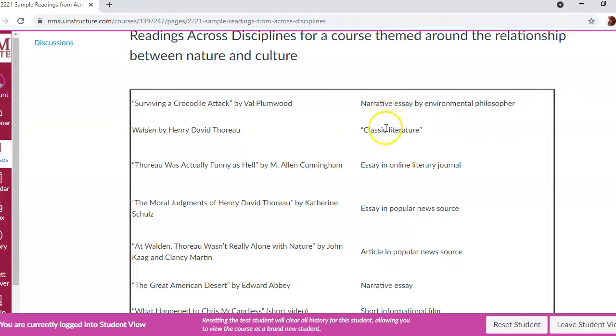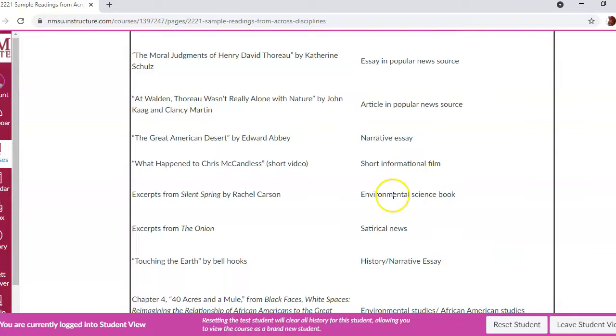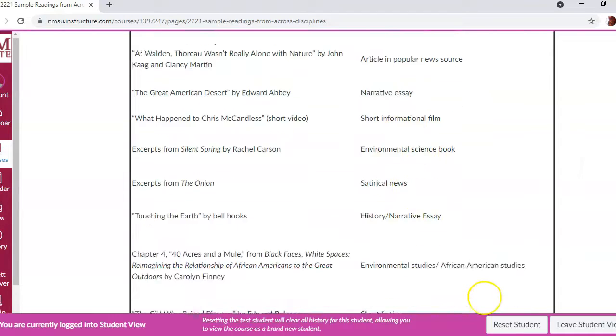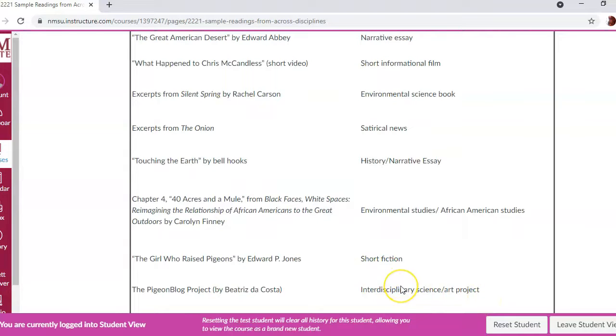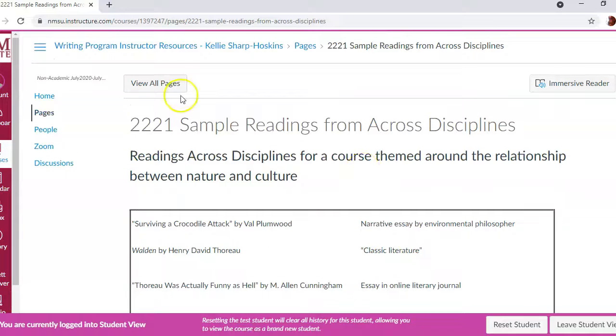So narrative essay, classic or conventional literature, essay from a popular news source, an informational film, an environmental science book, satirical news, environmental studies, African American studies, short fiction. So she's really showing how you can bring in readings from a variety of disciplines as you support a theme.